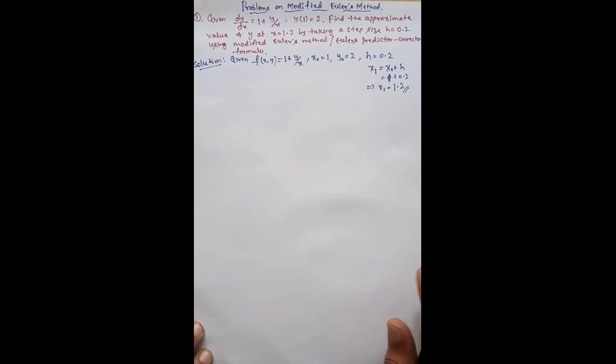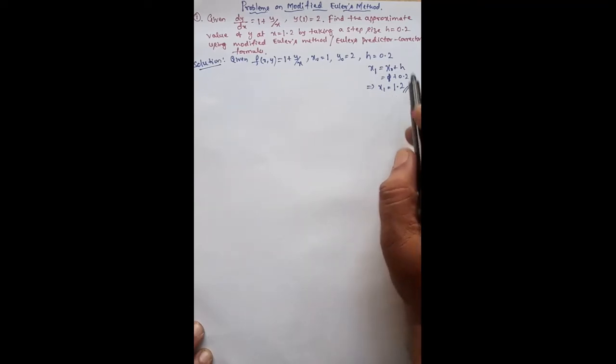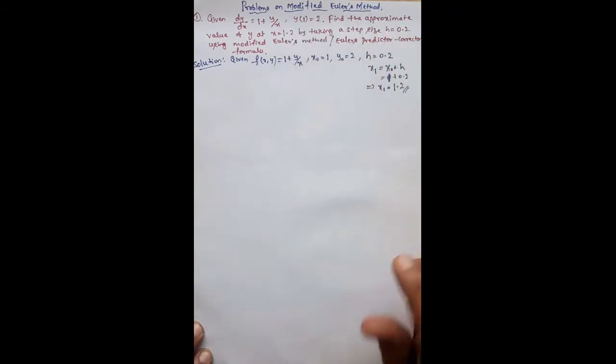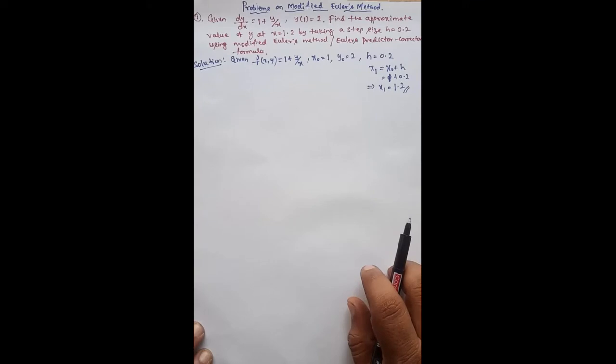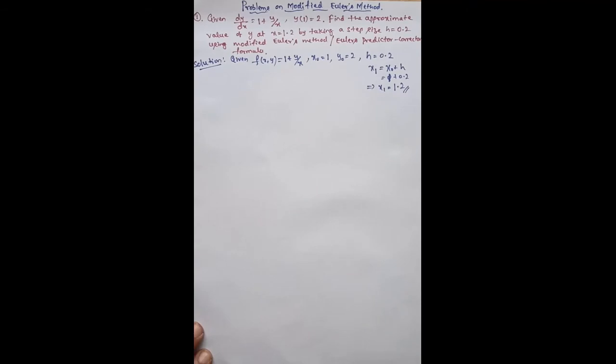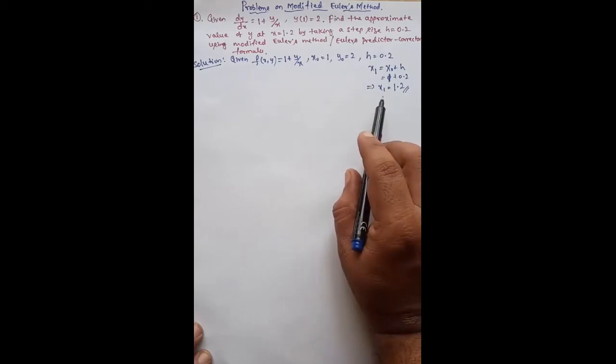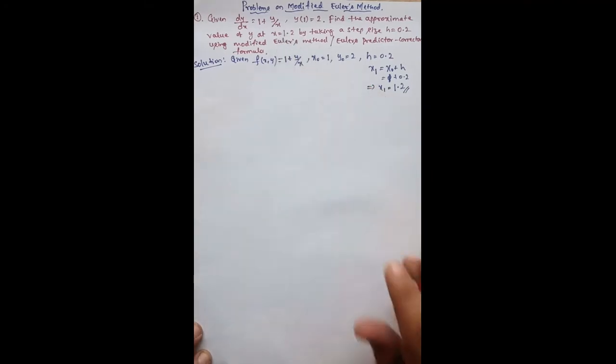In some problems, when you compute this x1, it will not be equal to x. In such cases, the problem will be solved in multiple stages. According to our VTU syllabus, the maximum number of stages we can be asked is only 2. So if x1 is equal to x, it is a one stage problem. If x1 is not equal to x, it is a 2 stage problem. We'll discuss that later. Now in this problem, x1 is equal to x, so the problem can be done in only one stage. So let us see how to solve.